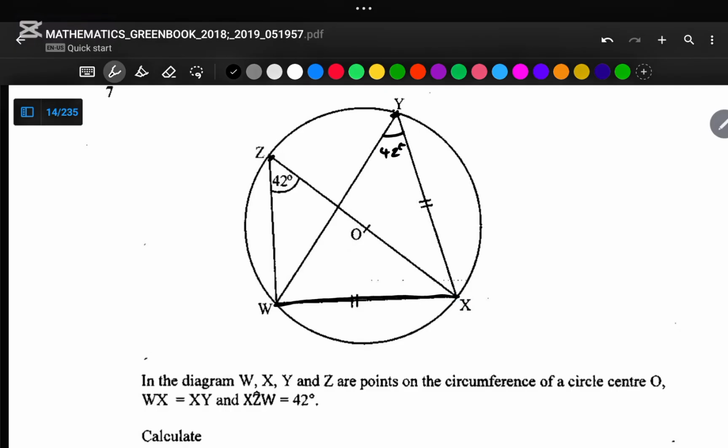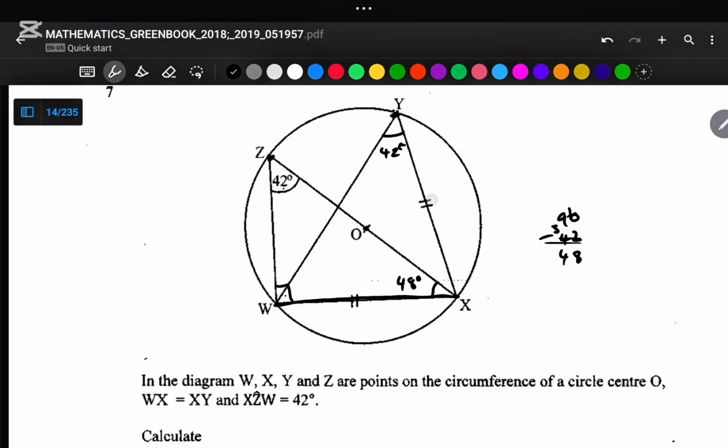Okay, and this is a diameter. This is our diameter because this one is the center. So this angle will be 90 degrees. Okay, so if we have 90 degrees and we also have this 42, we can simply calculate this angle. So this angle is 90 minus 42. So it gives us something like 8. 9 minus 5, it gives us 4. So here it's 48